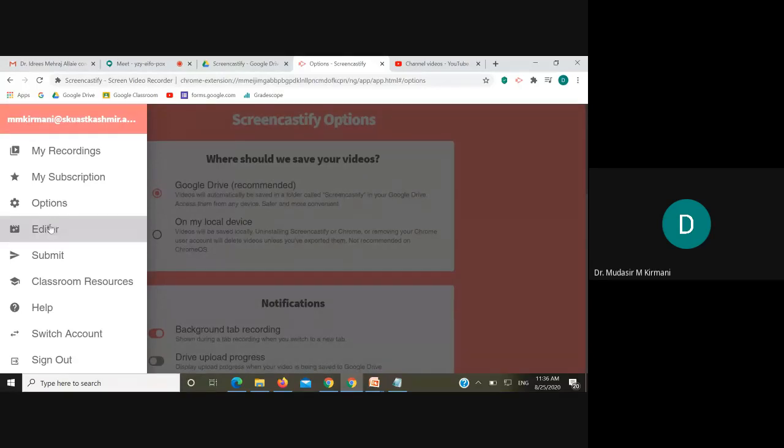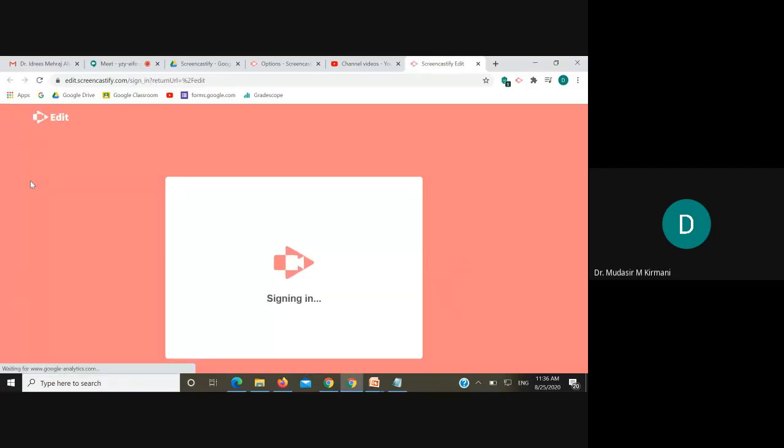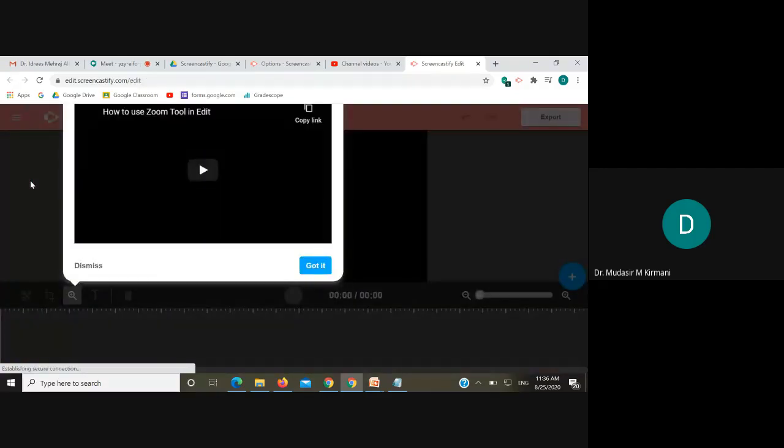When you click on this editor, you need to select a video that you want to edit, and once you select that video, you can trim it. You cannot add different slides. You can focus on anything. You can write some text which will be visible on this video all across. Yeah, this will give you the complete idea of how your video will look. You can select your video from any media, then you can start trimming it. It's very easy.